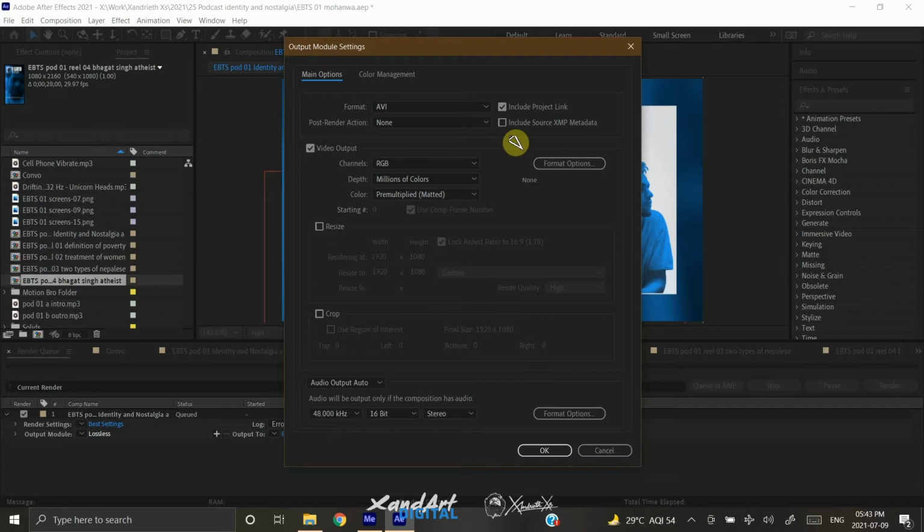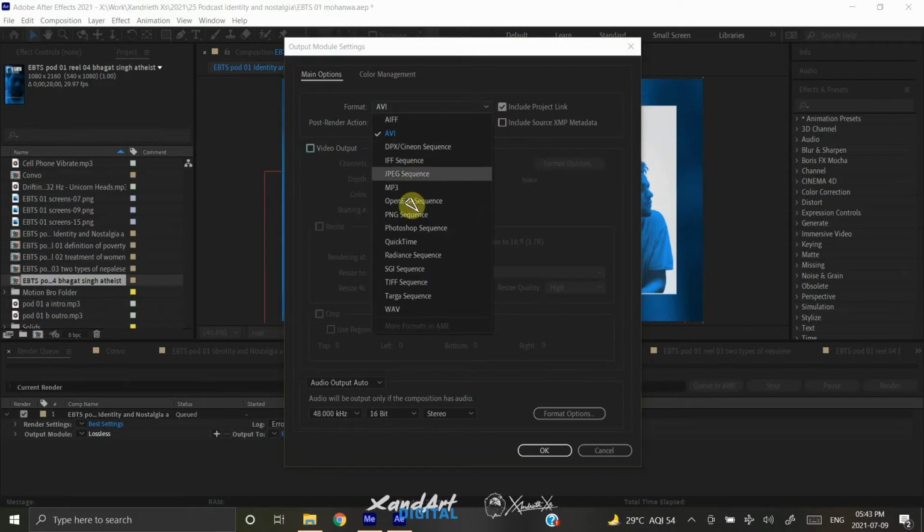First we will go to the output module, which will be set to lossless by default. Once we click on lossless, we will have output module settings, and from there we can choose the format, post render action, etc. And in that, from the format drop down menu, we will choose MP3.